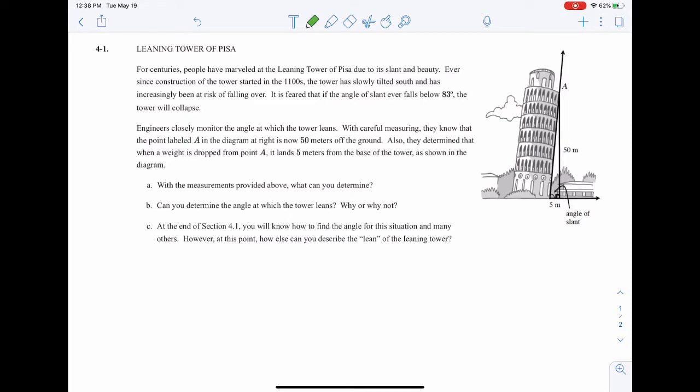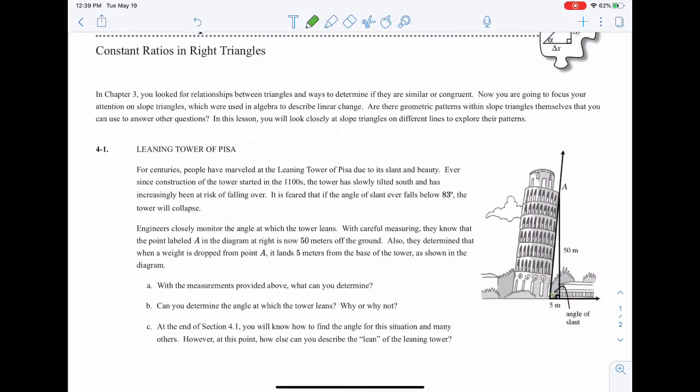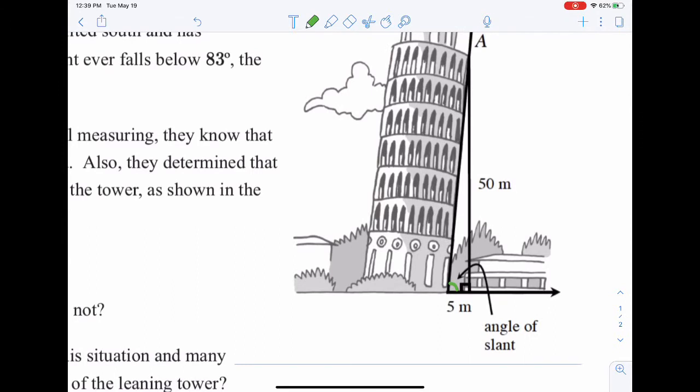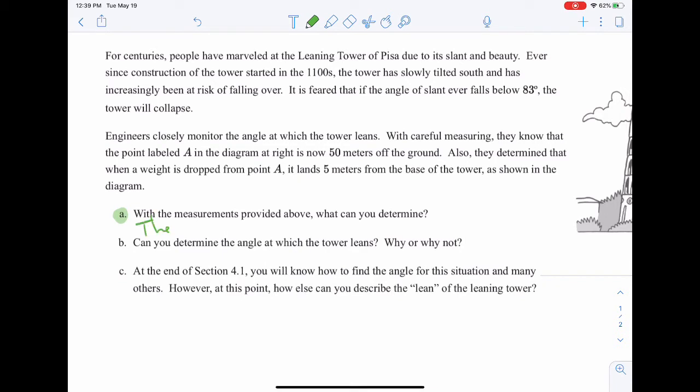Okay, so as you read, the tower is in danger of collapse. In fact, they say if this angle here falls below 83 degrees, then the tower is going to fall over. So what is that angle? Well, letter A asks us, with the measurements provided above, what can you determine? And so as you see here, we have a right triangle, and they give us the two legs, 50 and 5. They don't give us this side of the right triangle, which is called the hypotenuse. And so that's one thing we can find using the Pythagorean theorem. So we can find the hypotenuse